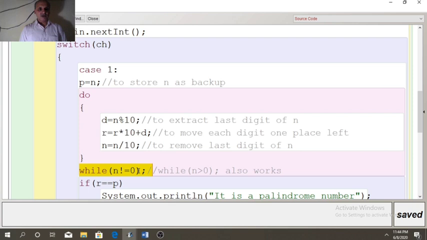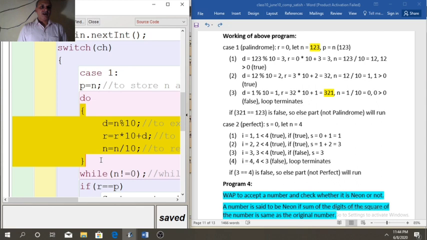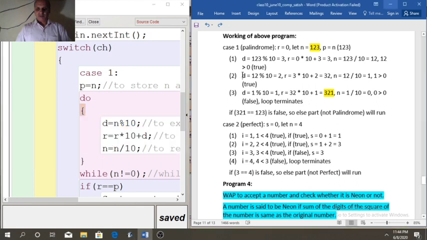Second iteration, again this body will run. Now this time d equal to n modulus 10. N is already updated to 12. So 12 modulus 10. This time last digit will become 2.